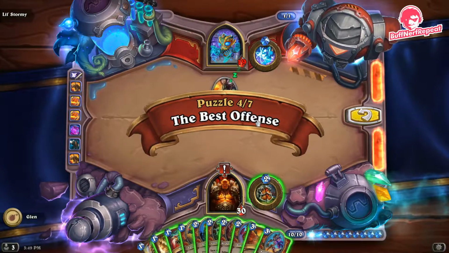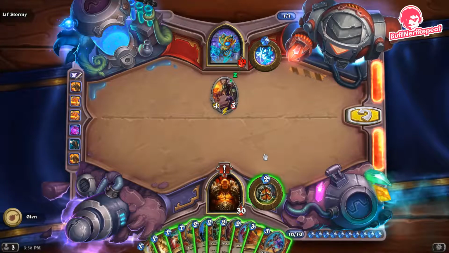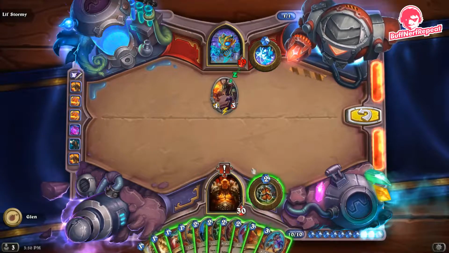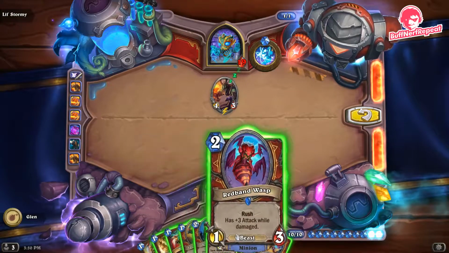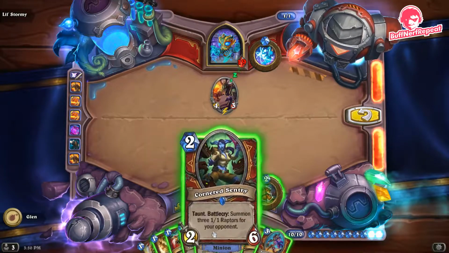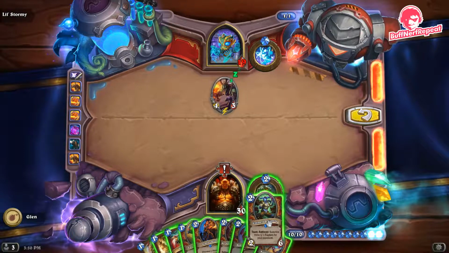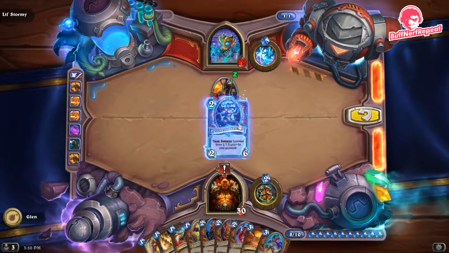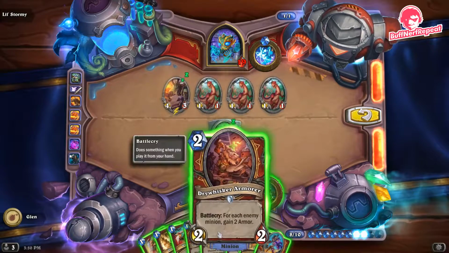Okay, this one's quite tricky. You have to make sure you get the sequencing right. I think there's a couple of ways to do it. It's just basically all about making your shield slam as big as possible, and then that damage obviously goes onto the minion and kills the hero at the same time. So you're going to start off here, and then you want to play a Dry Whiskered Armourer,